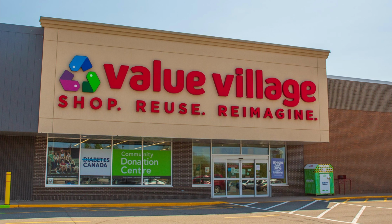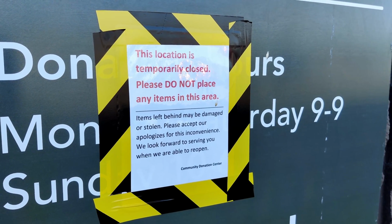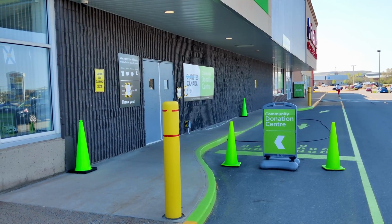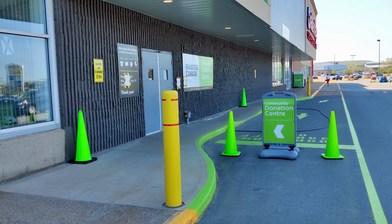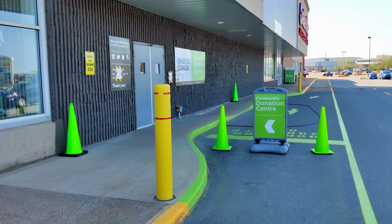Here we are again back at the village, which is still closed to the public at the moment, but there are workers inside because they're still accepting donations. They gave the donation area a little facelift too. I like that the curb and pylons and sign are all bright green. It's a good look, but I'd rather take a look inside, so sit back with a snack while I transport